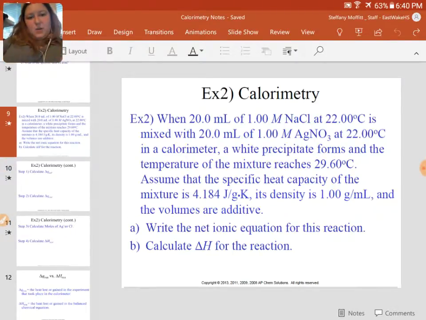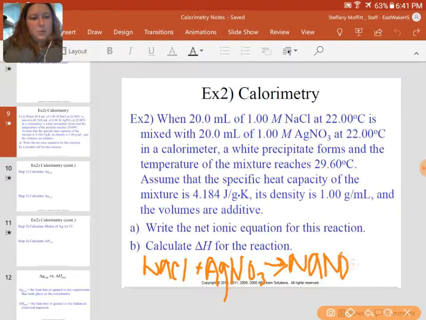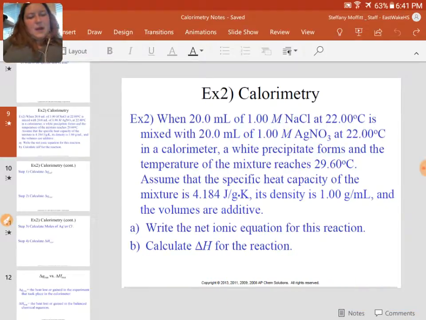So the net ionic equation is very, very simple. It's just NaCl plus AgNO3. They all have plus and minus 1 charges, so it's really easy to combine those. NaNO3 plus AgCl. The AgCl is my solid, so my net ionic equation,